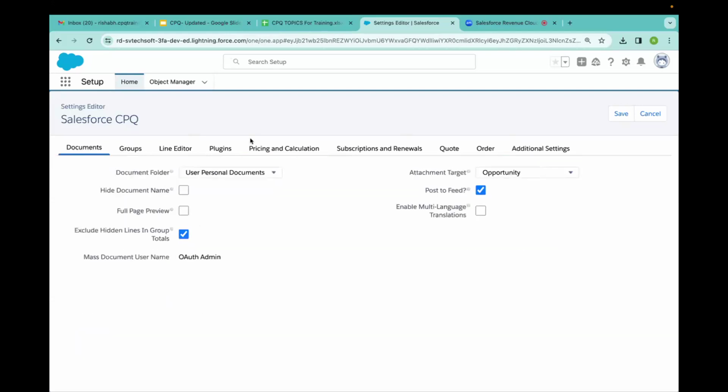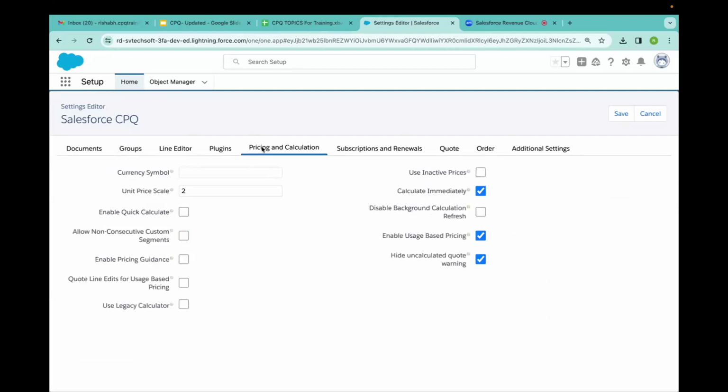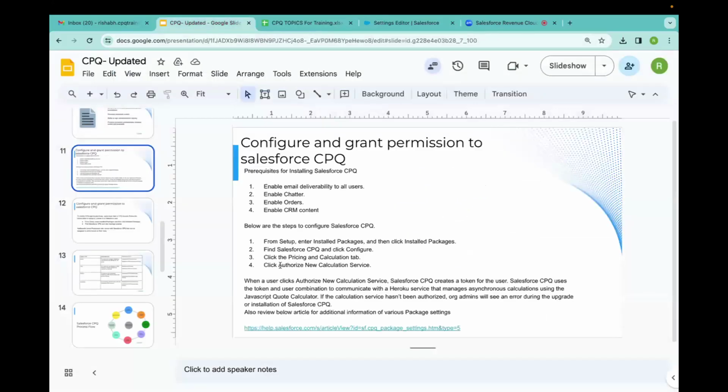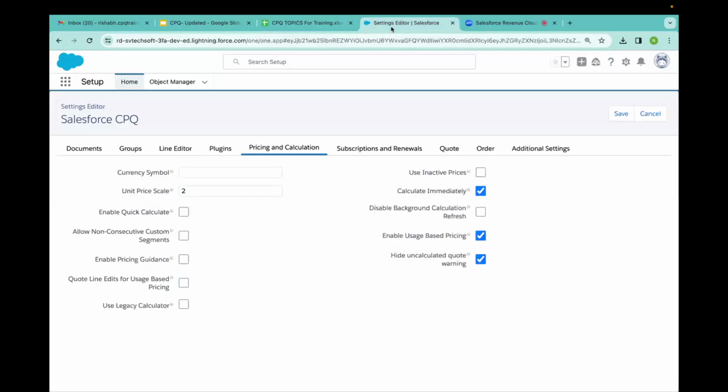Okay, our steps mentioned we have to go to this pricing and calculation tab, and we have to click authorize new calculation services. Now, since it is a developer org that I have created from this particular link that I shared with you, this developer environment automatically comes with the new calculation services. I don't have to authorize new calculation services, but if you install Salesforce CPQ in your client's environment, you have